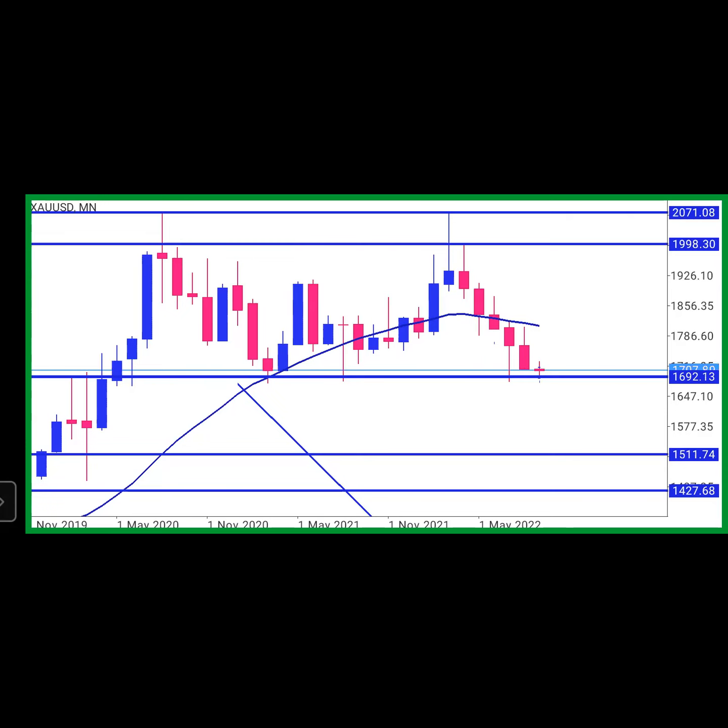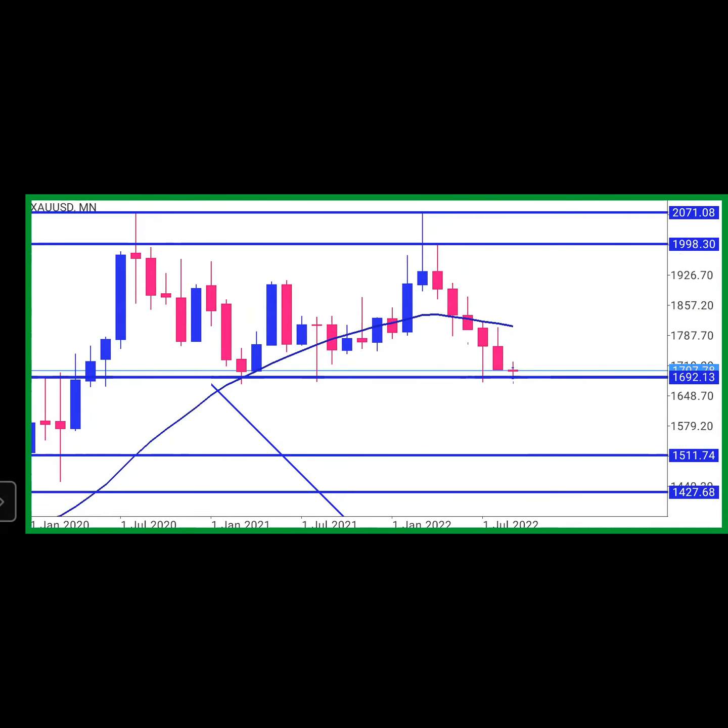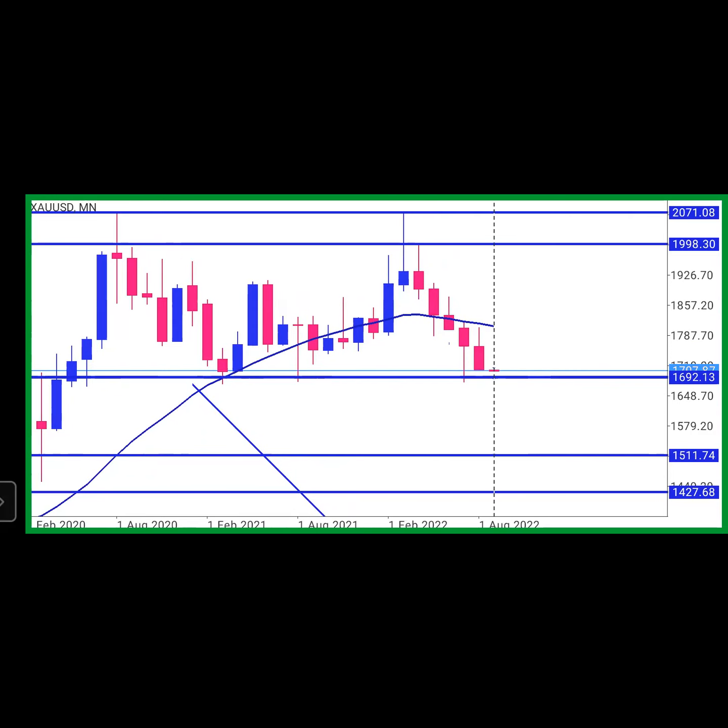Before it touched that height, this 1998.30 line was the highest. Anybody would have thought this was the whole resistance. But the point this blue candle started going up, people said, oh, this thing has broken. Some people jumped in to buy. Yes, if you were early, if you were lucky enough, you got out. But if you stayed until you got to this 2071, anybody buying would have been in crazy loss because it reversed back with speed and closed inside.